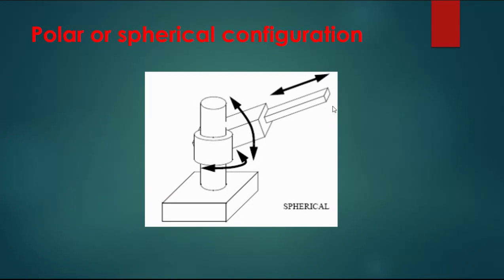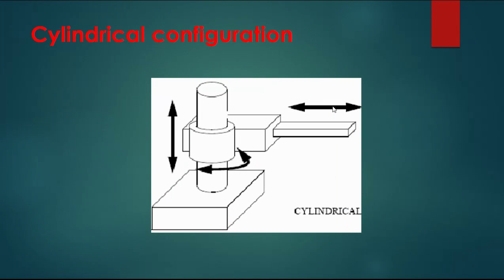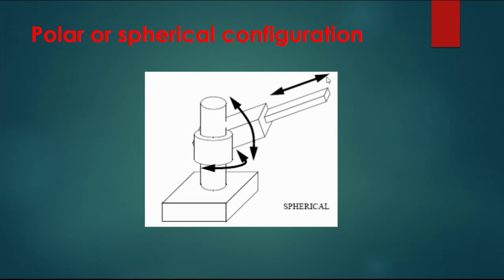So that's why it is called cylindrical configuration. So this is called the polar spherical configuration. Now in further lecture, we are going to see exact enveloping of the spherical joint. So now you can carefully observe the kind of joints and the degrees of freedom are the same as cylindrical configuration. But if you can clearly see, this particular arm is having a revolving motion that gives more degrees of freedom to this particular arm.